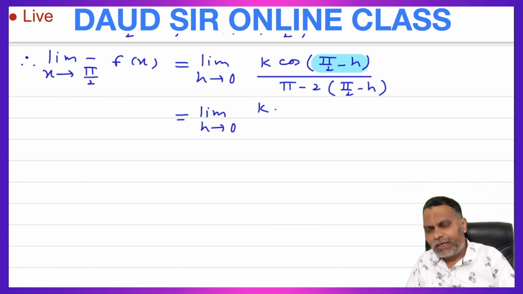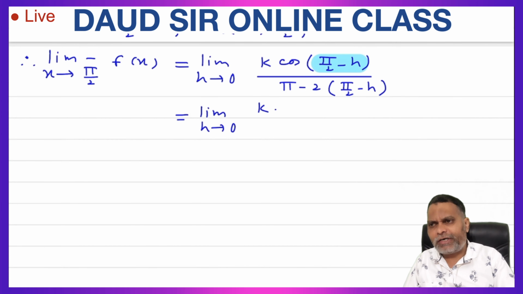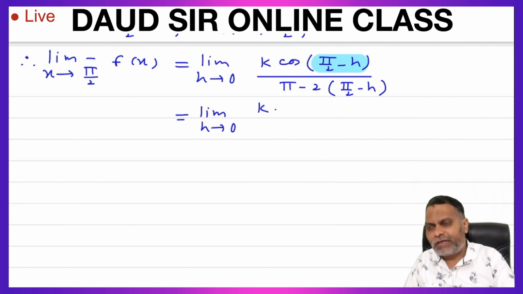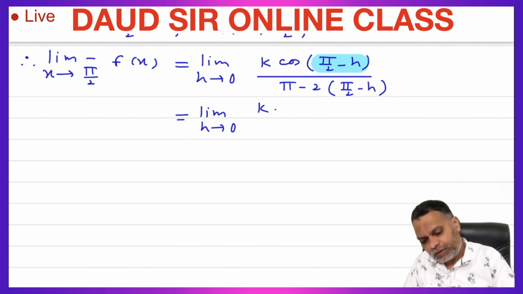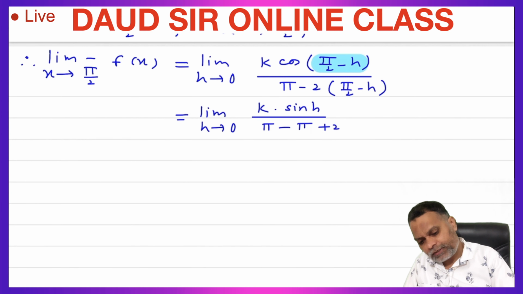Cos 90 minus theta, 90 minus theta lies in first quadrant. In first quadrant all the trigonometrical ratios are positive, so it is positive. And in case of 90 degree, we have to change the cos into sine. So this is sin h upon pi minus multiplying by minus 2. So this is minus pi minus minus plus 2h. Negative pi, positive pi gets cancelled,